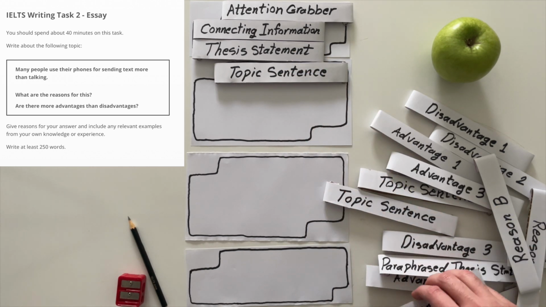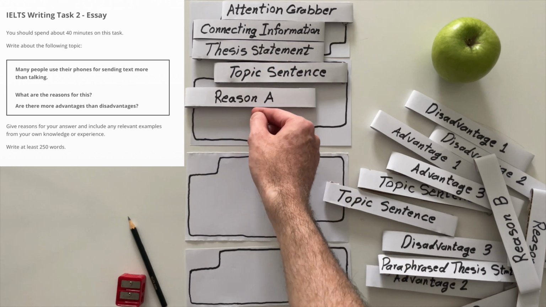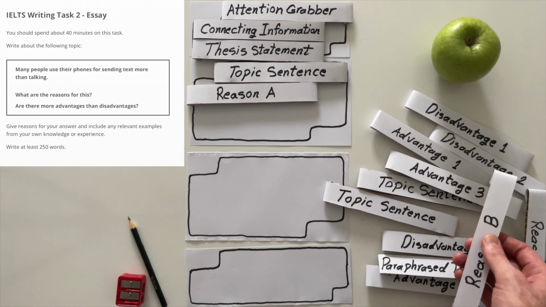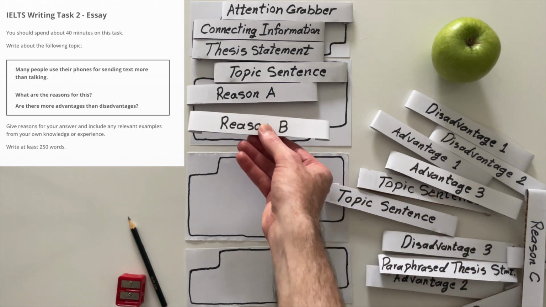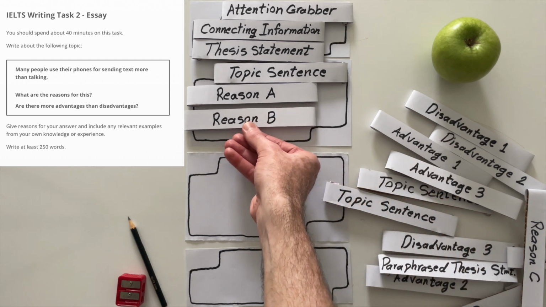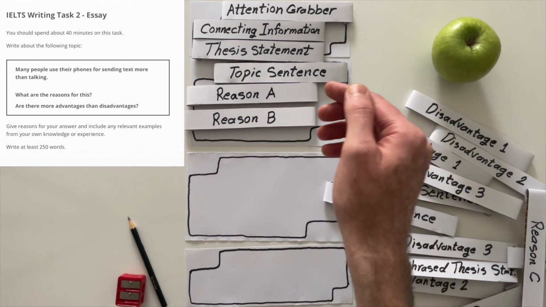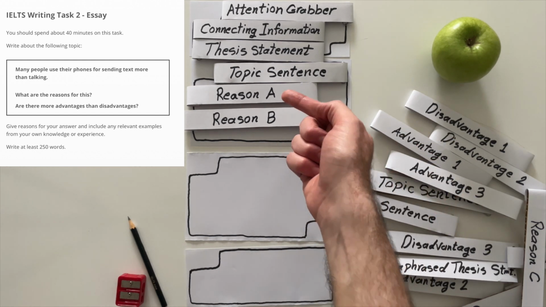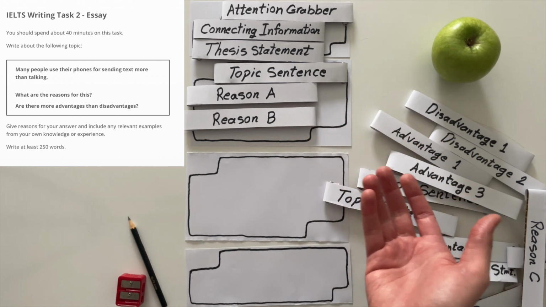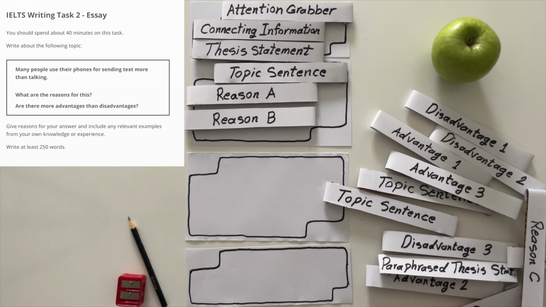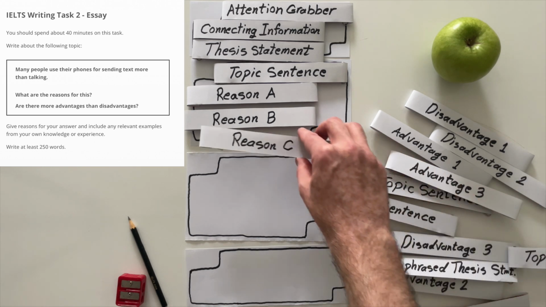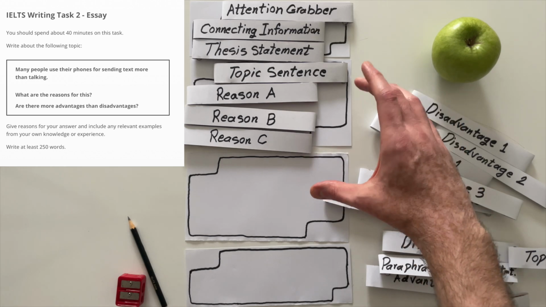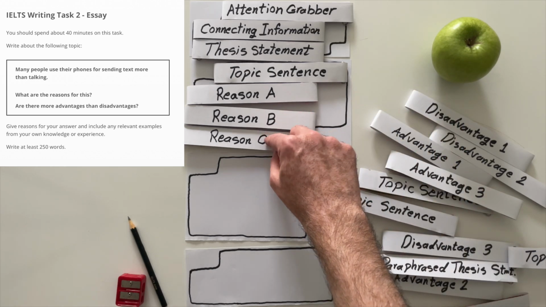Let me say, for instance, there is reason A. Okay. And then you develop it and you analyze it. Then you come up with reason B. Again, you develop it and you say maybe an example to support it. So reason A, reason B. If you want to come up with another reason, basically, if there is a reason C, you can. Your paragraph will become a little chunkier, a little larger, but this is optional.